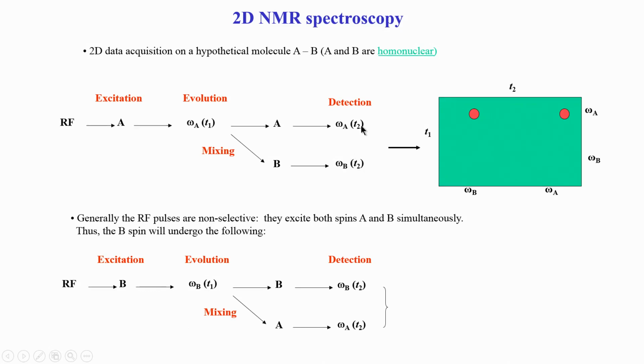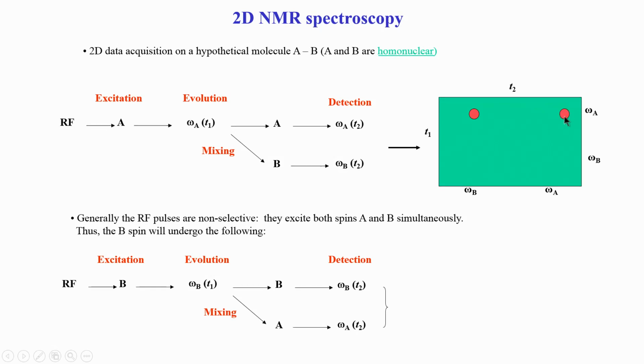Now, when I do a Fourier transform, I will see a pattern like this. Here is plotted a T1 axis and T2. Actually, when you do a Fourier transform, we end up with frequencies. So, T1 and T2 are just a schematic to show what happens during that period, but what you will see in a real spectrum is this frequency scale. You can see here for spin A, omega A during T1 and omega A during T2. If you look at these two combinations, they are both omega A's. That happens here, and you can see this particular peak.